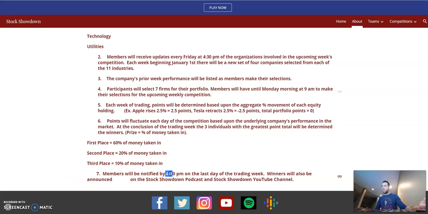So beginning at 4:30 p.m. on Friday evening of that week, I will detail who won and break down their portfolios. In addition, I'll release the week ahead, and those picks have to be in by 9 a.m. of that Monday morning, Eastern Standard Time.